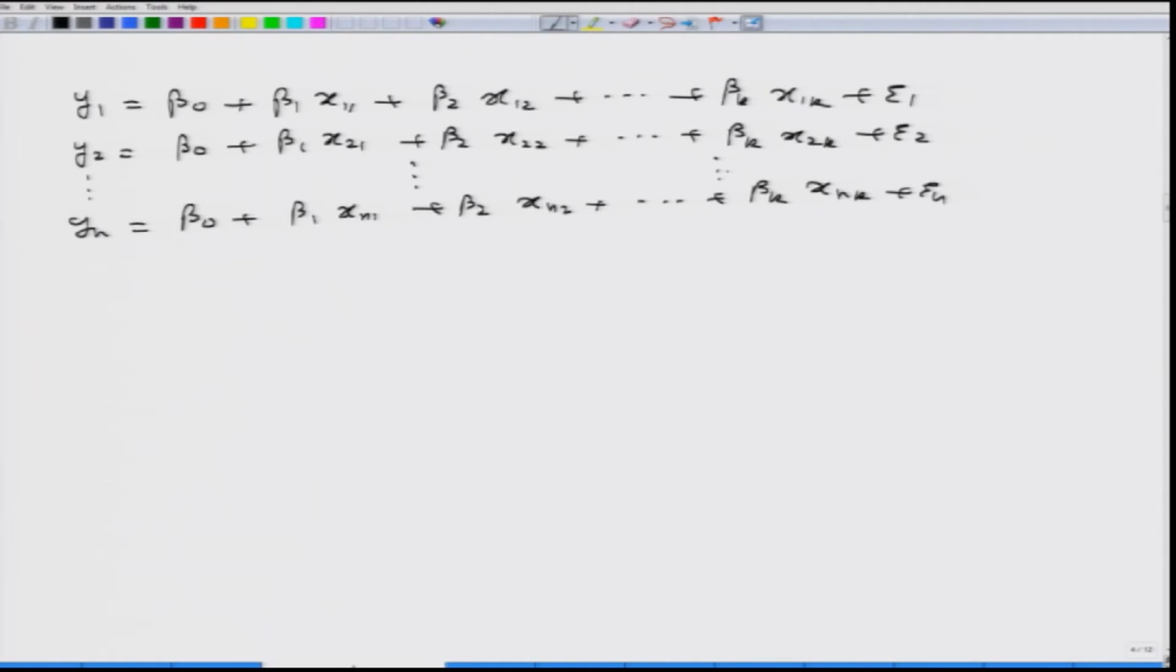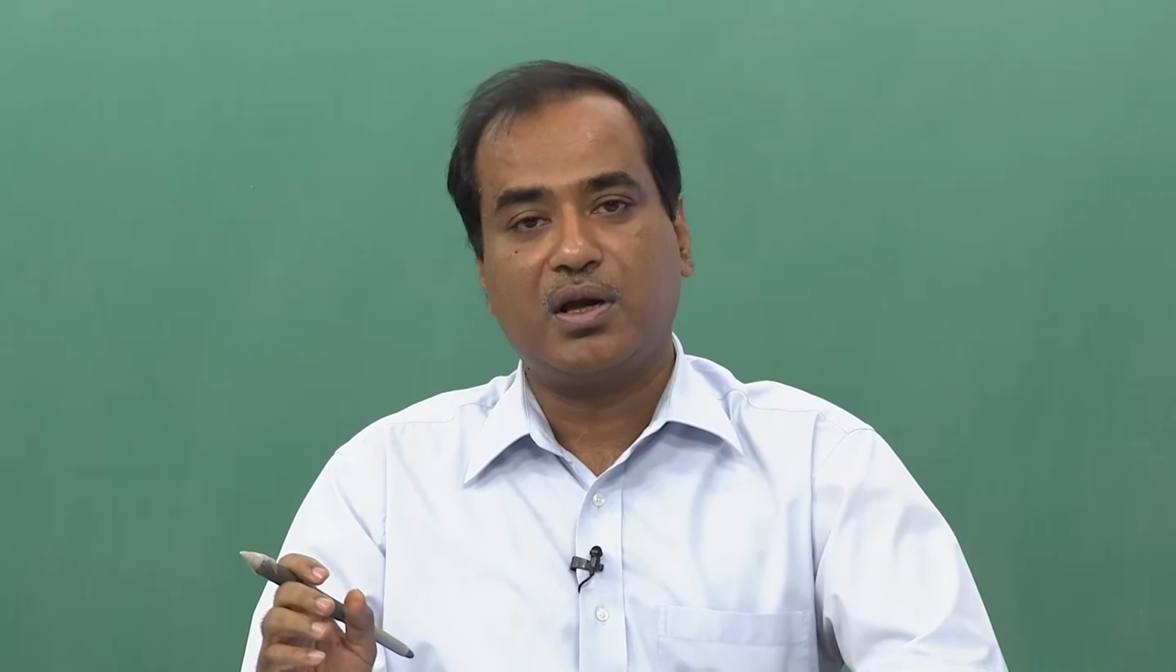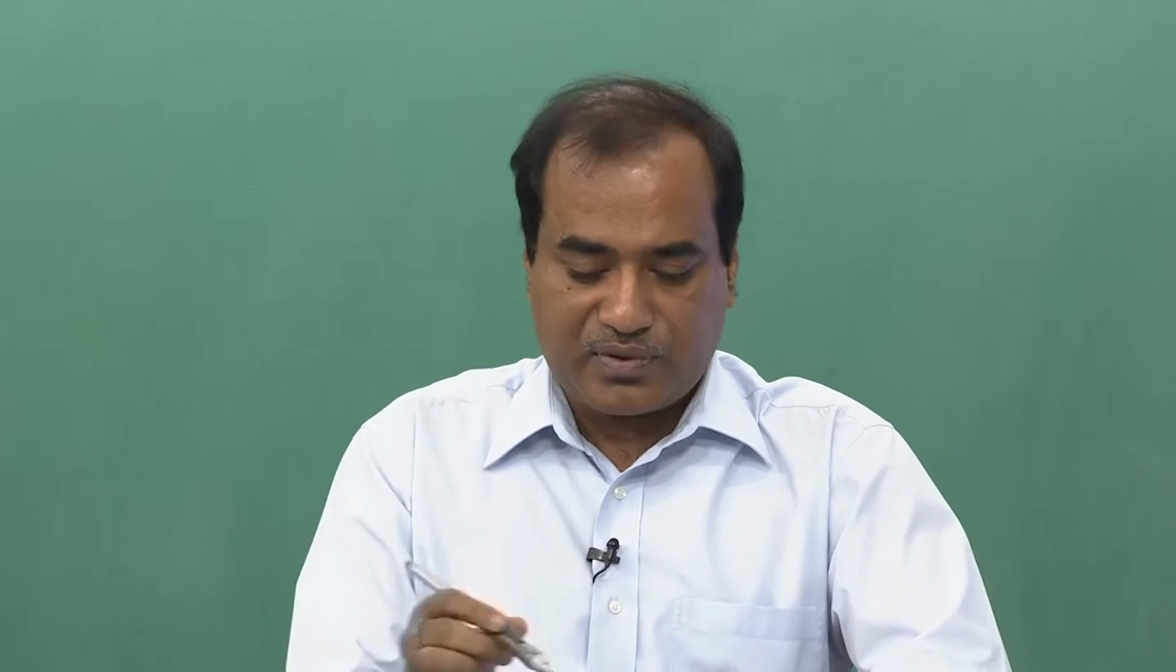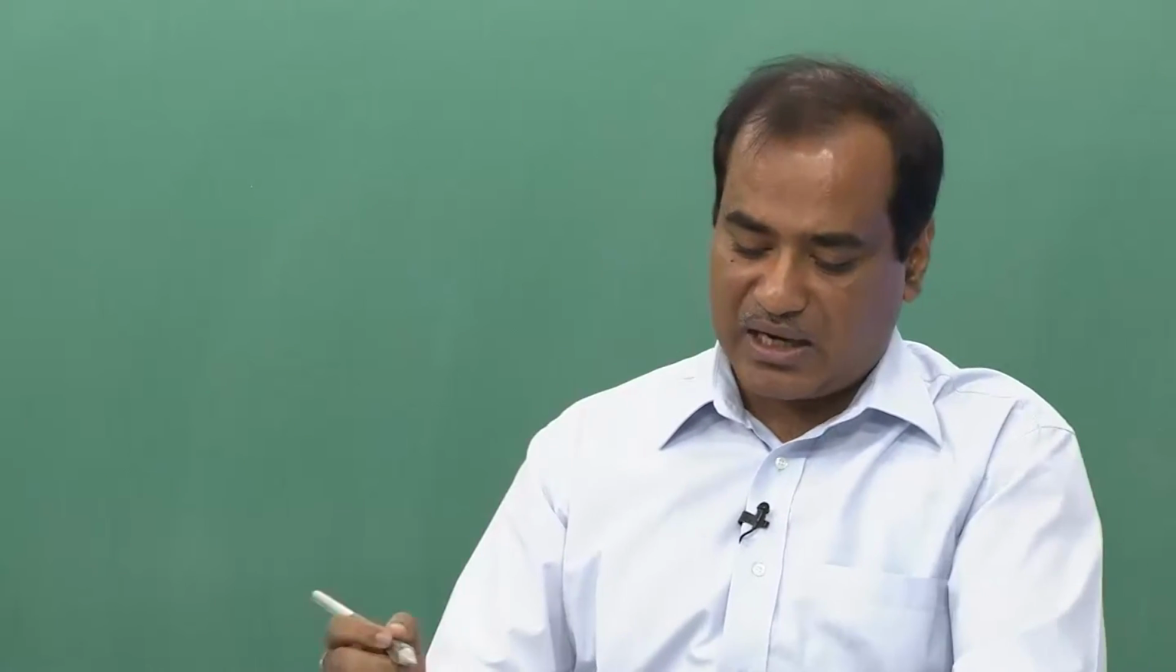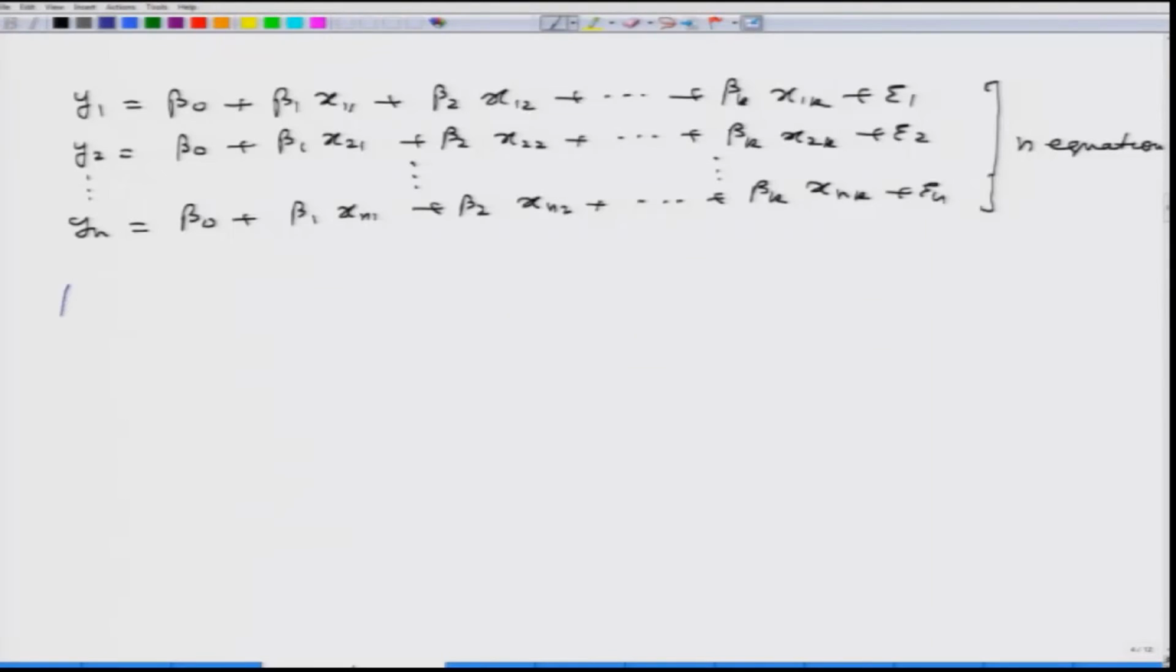Right. So, essentially if you see here, we have n equations. Now, these n equations can be expressed in the form of vectors and matrices. So, we can write down these n equations as follows. Let us define a vector y1, y2, up to yn, and this is equal to one matrix, and here we define a vector beta 0, beta 1, beta 2